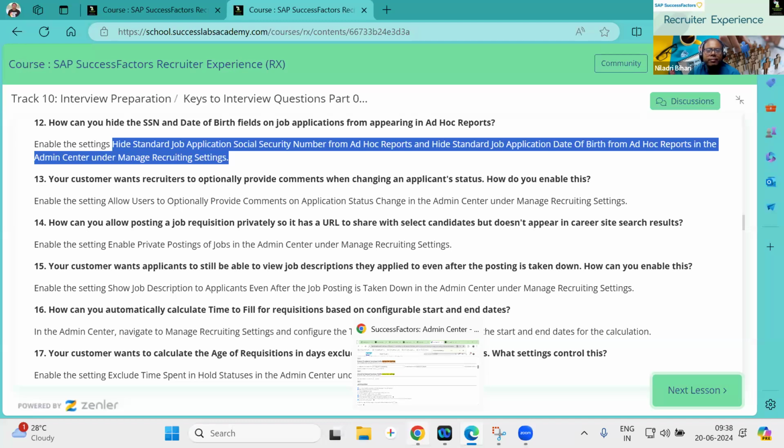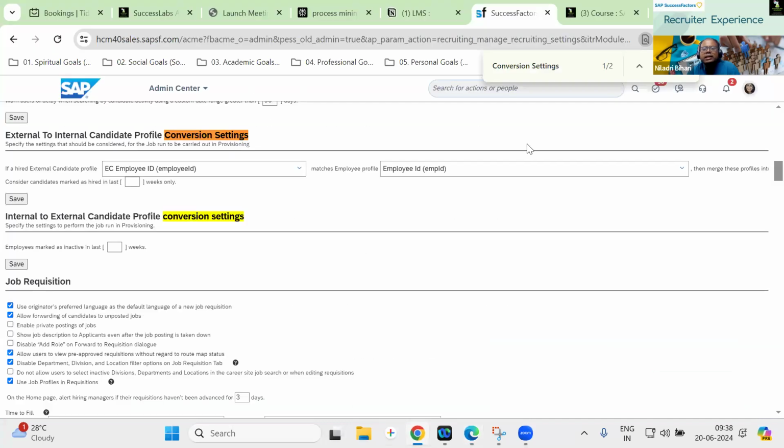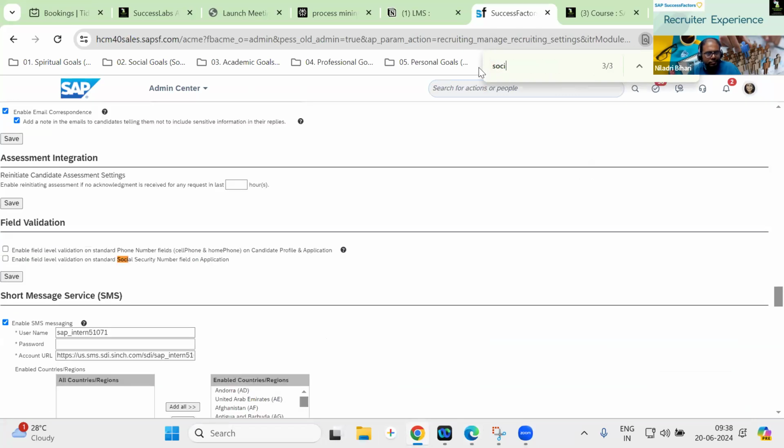Let's see whether it is activated or not in my system. Yes. So there's a field validation also. I do have another field level validation for the standard social security number field in the application. If you want to validate that, you can do that.